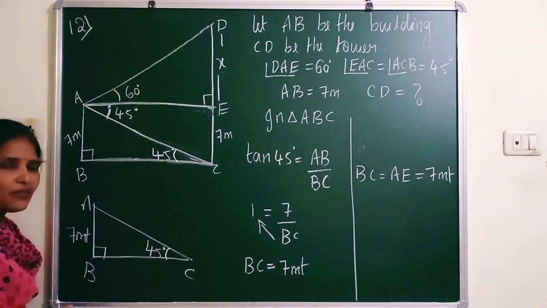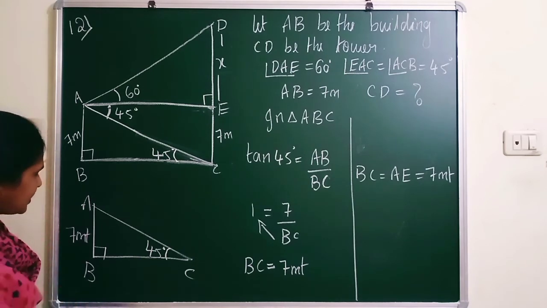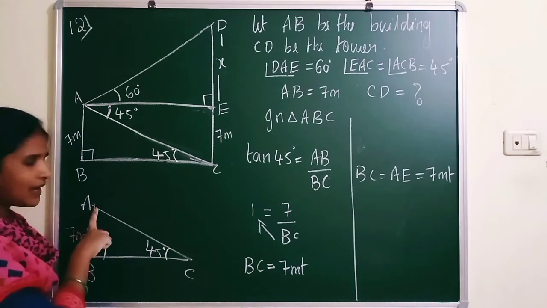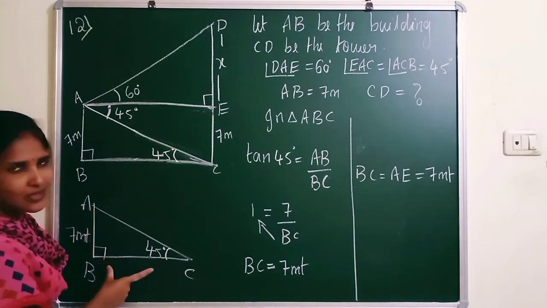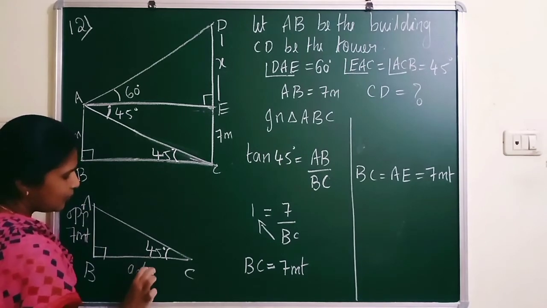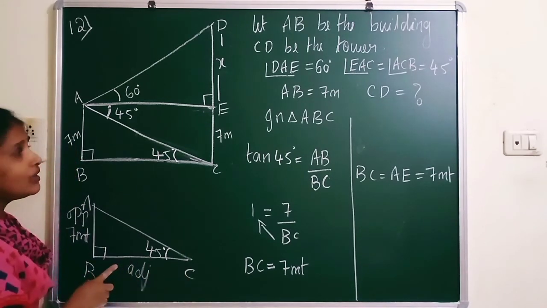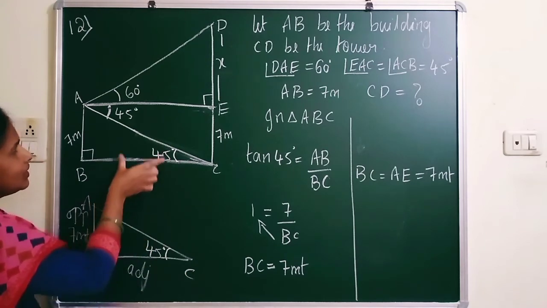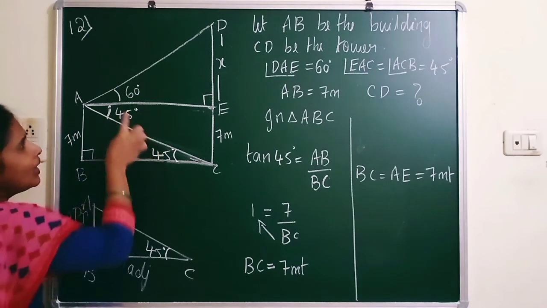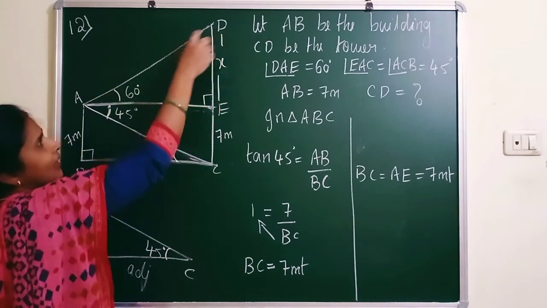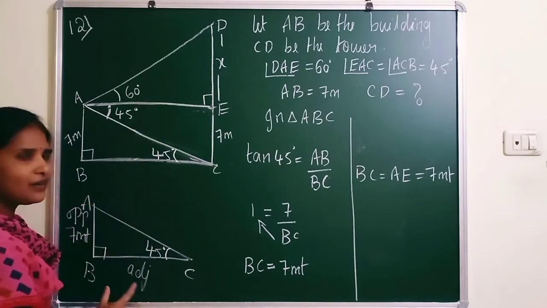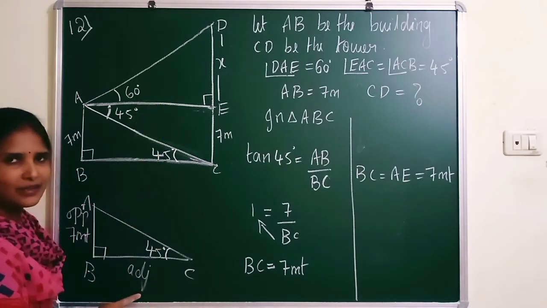Now what we have to take? Which ratio you have to take? Yes, that is tan 45. Why tan 45? Opposite, I know the value, and adjacent. So this is opposite, this is adjacent. Opposite by adjacent. Why I need to take? Because you can see that BC and AE are opposite to each other and they are equal. And if I take the another right angle triangle where it is ADE, so it helps. So because of that, we have to take opposite by adjacent.